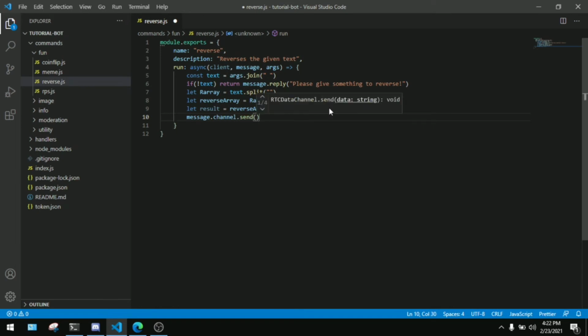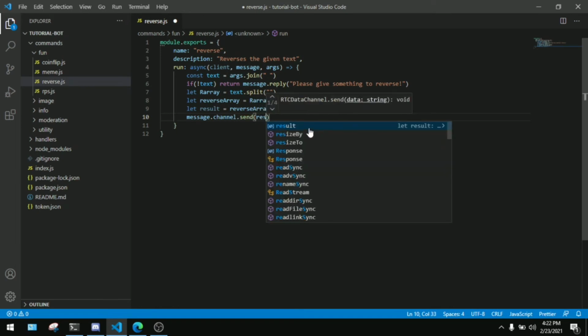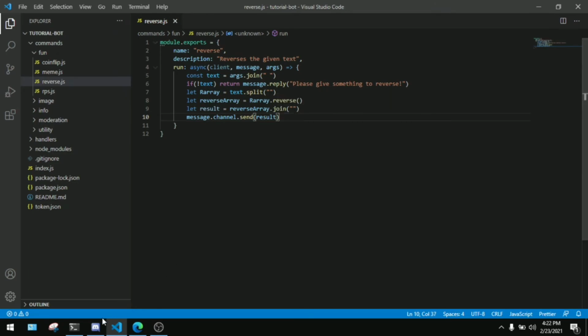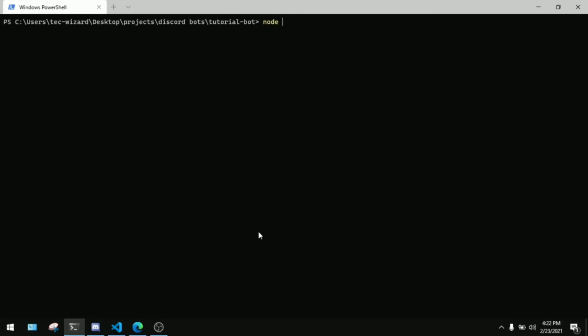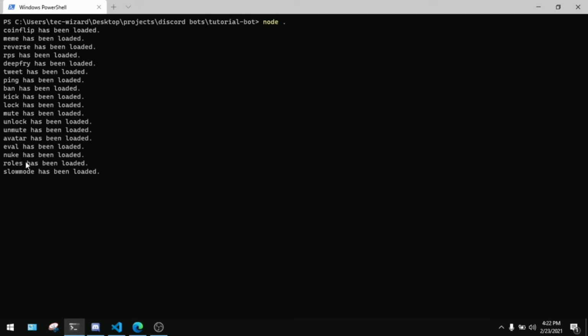And let's test this out now. So let's see if it works or not. So we're going to command prompt, do node dot. It has been loaded with no errors. We go into Discord, and